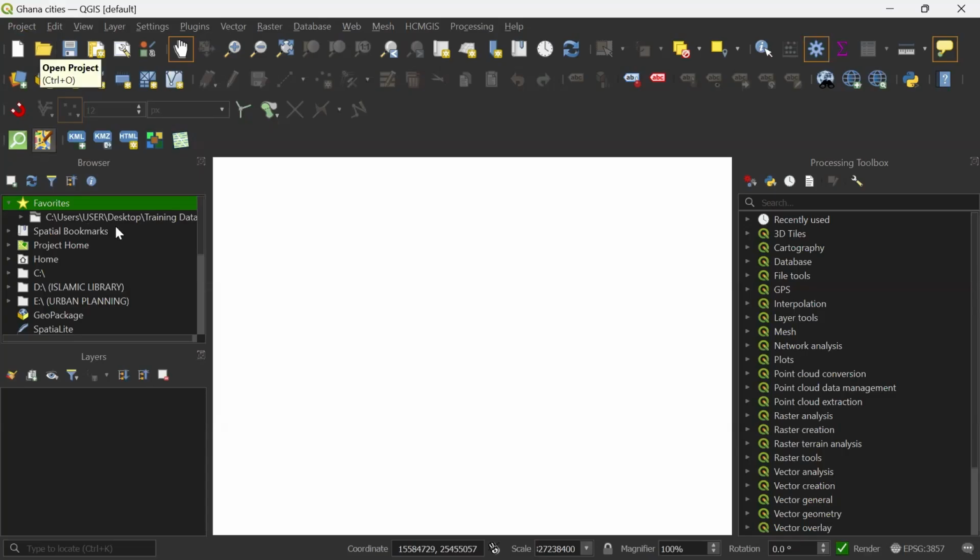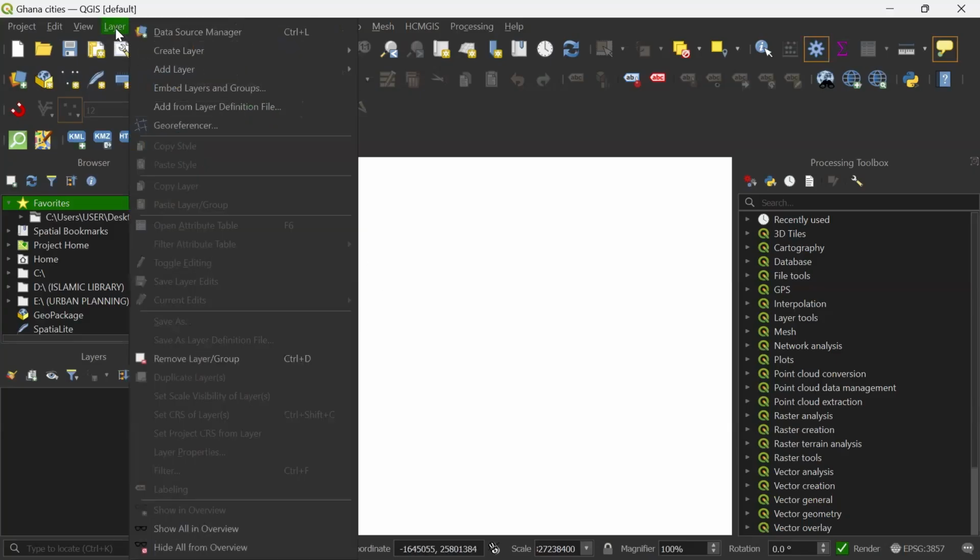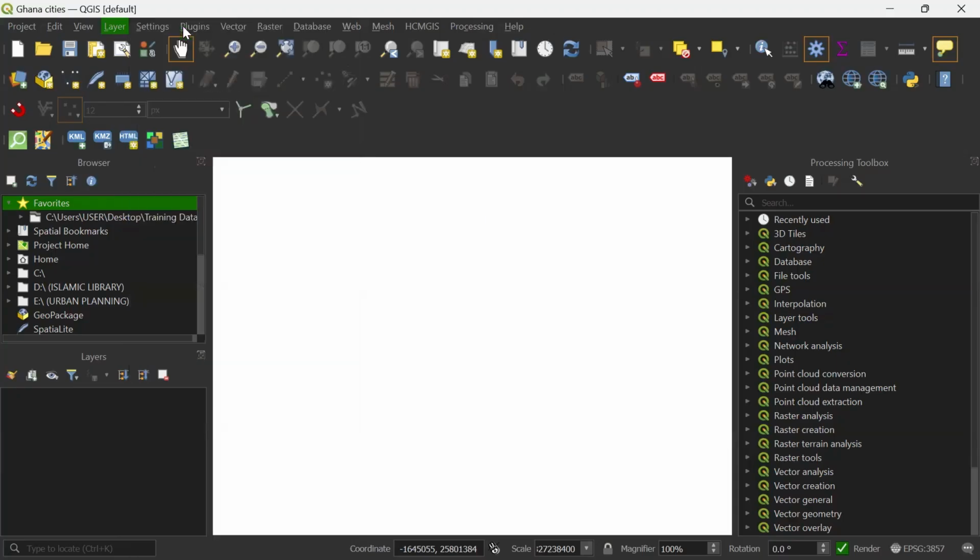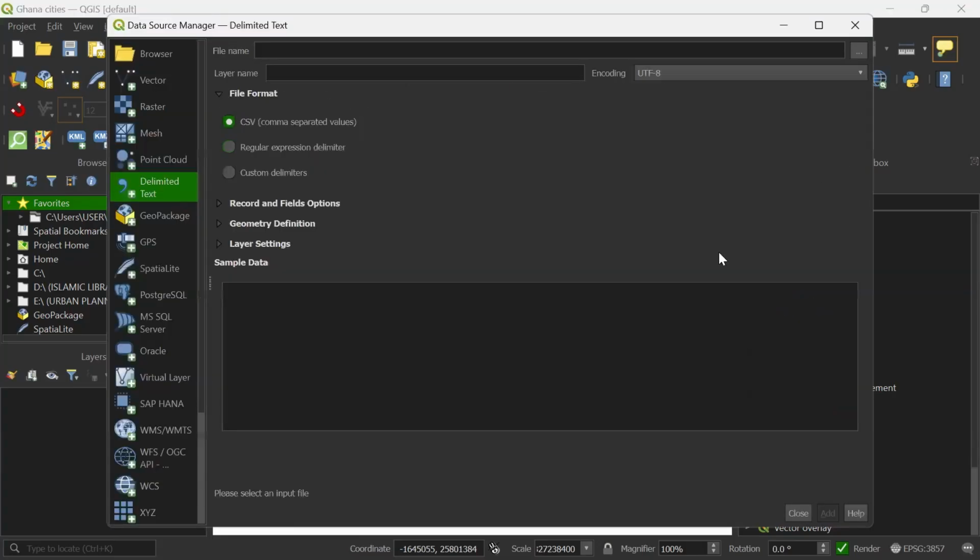Okay, so once we are done with this, we are going to load our data file. So now, the legitimate or the right way of adding data, we are supposed to go to the data source manager. So now, when you come here to the layer, you click on the layer. That is where we can add data or shapefiles to our interface. Now, when you click on the layer, you come to data source manager, right? And you click on that. So once you click on that,